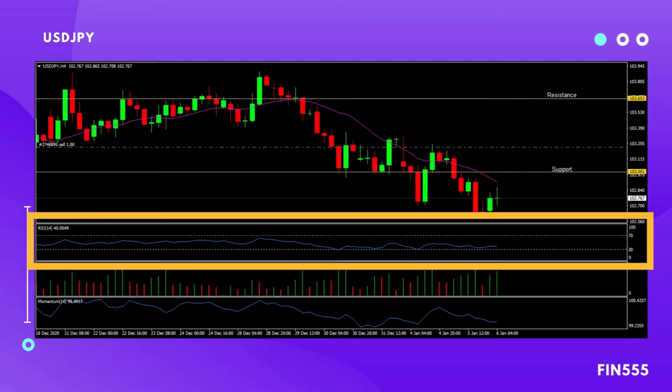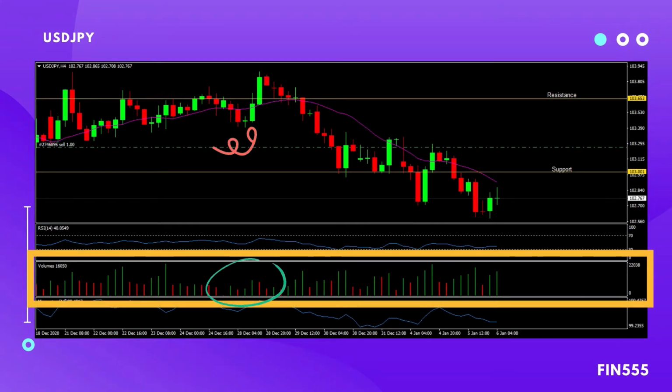Moving to the secondary indicator, the relative strength index. RSI reached 70% overbought condition on 28th December, indicating a sell signal. The RSI line then appeared smoothly in the oversold zone near 30%, and on the day of 31st December 2020, it showed a rising line towards the overbought condition again, indicating a standby mode for the trader to enter a sell position. On 28th December 2020, the volume indicator showed a reversal sign when the price rose with two solid bull candles but with low volume on the indicator.